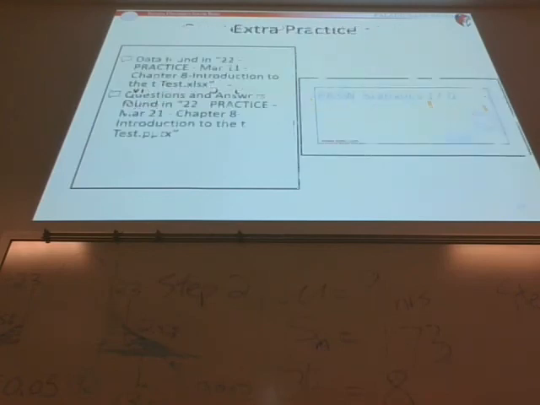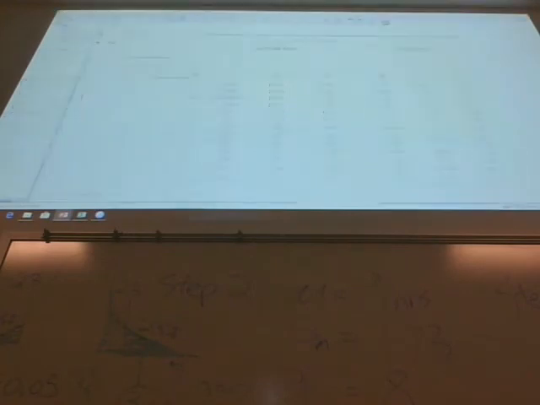All right, last thing, we do have extra practice. There's no homework coming up. Do double check the syllabus, but I'm pretty sure that we need to cover at least one more thing before we get into that second level of homework. But we have some extra practice that you can use to kind of get familiar with SPSS for this single sample t-test. So the questions, the raw data is available